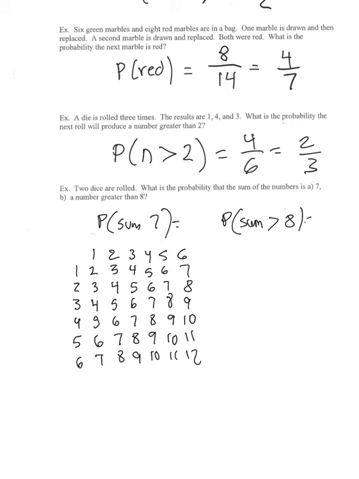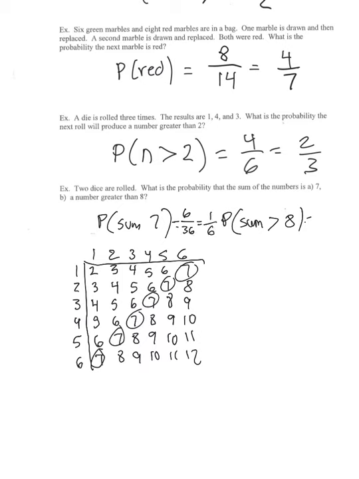Okay, so I'm going to draw a line here just to show a difference between the numbers rolled and the outcomes here. I have a 6 by 6 little rectangle of numbers here, which means that there's 36 outcomes. Now the 7s are right here. There's 1, 2, 3, 4, 5, 6. So which means that the probability of getting a sum of 7 is 6 out of 36, which actually reduces